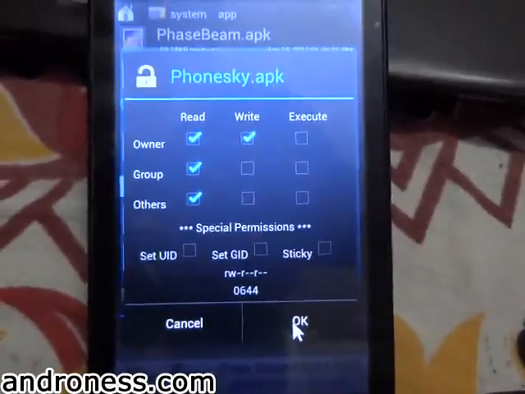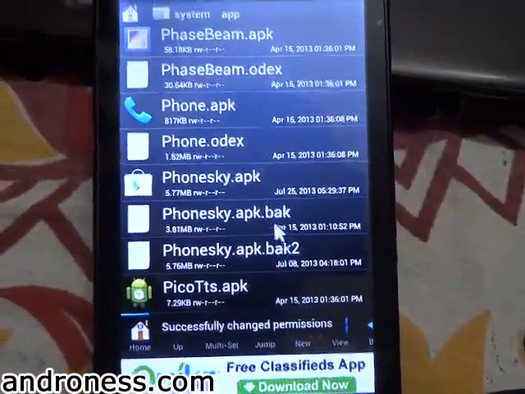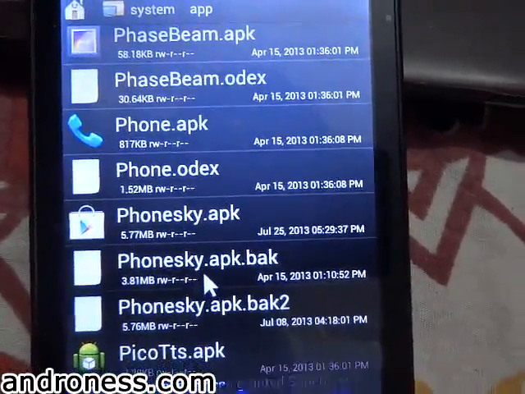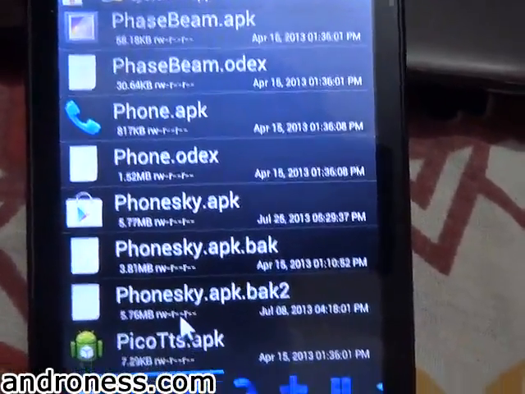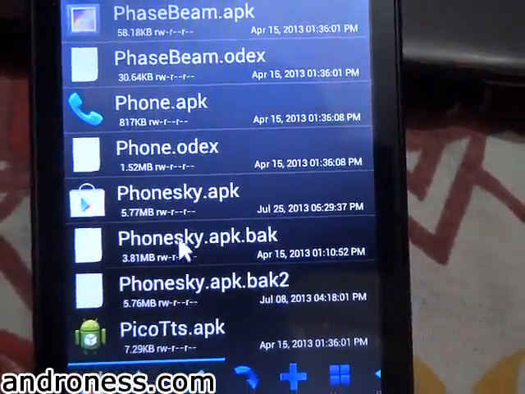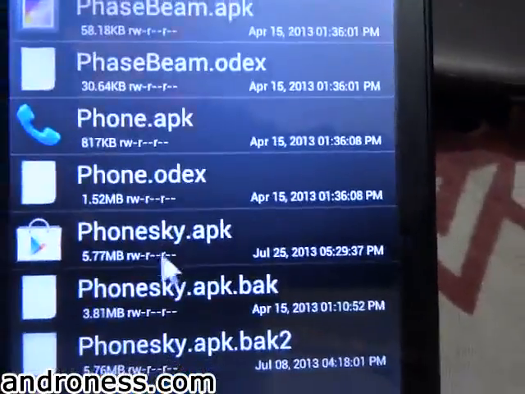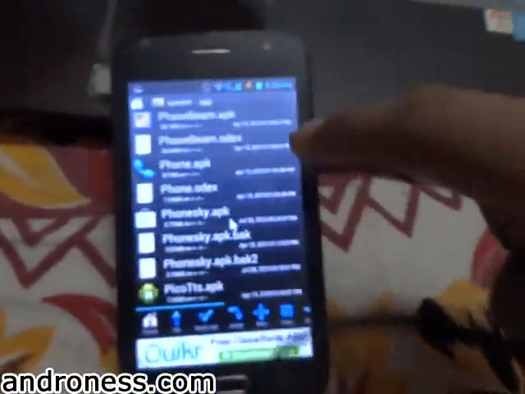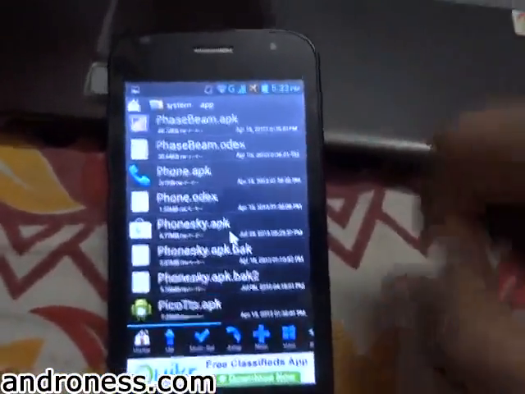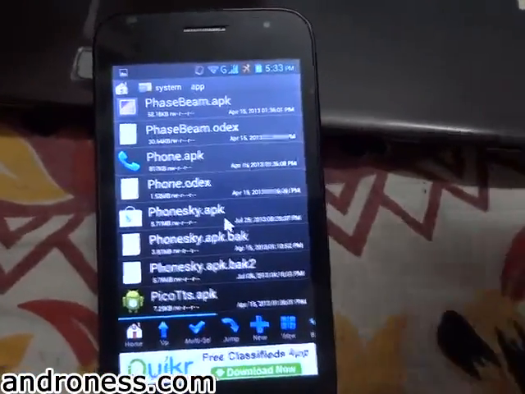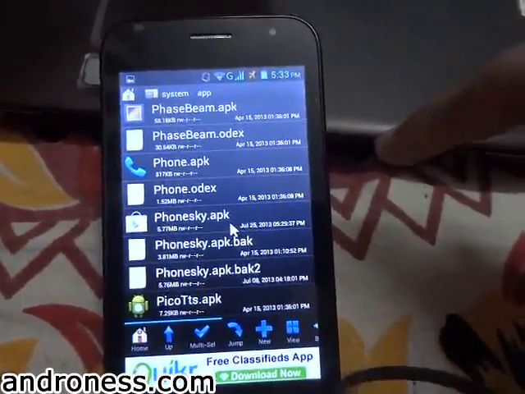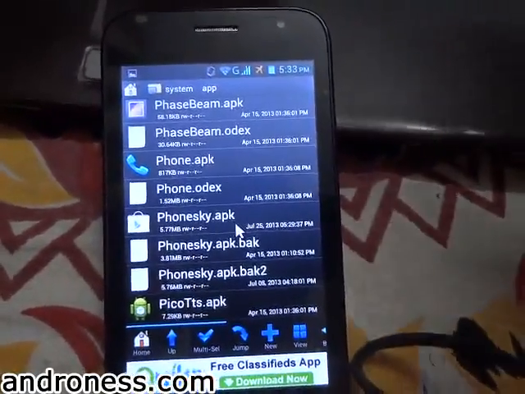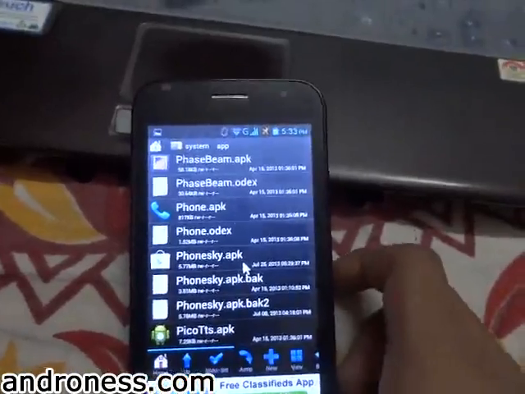Now everything is okay. Click OK. Now you can see everything is the same as the previous file. The previous file is this: read, write, read, and our new application has the same permissions with the same name. So make sure you have the same thing, and if you have done something wrong, you can go back and repeat the same procedure. Okay, now it is time to restart